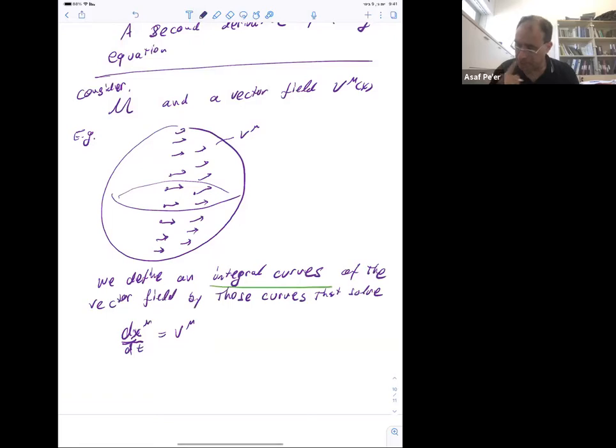Now, it's pretty tricky. We already used that, but in the opposite direction, right? We said that when we have